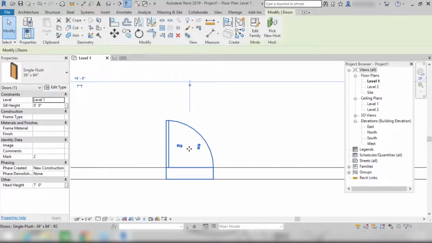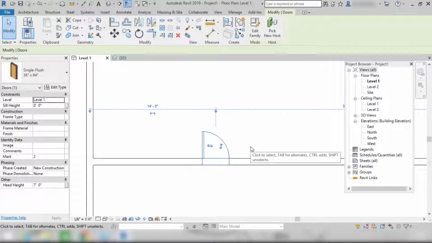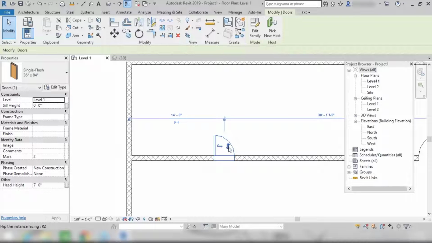You can click here, and you can see some arrows over here. If you want to change the axis of rotation, you can click here. It will flip the door in this direction. This arc represents that your door will open in this direction. You can flip it from here. Similarly, if you want to change this, you can click on this arrow. This arrow will change your direction of door, whether it is an inward opening or outward opening type of door. You can change that from here, right?